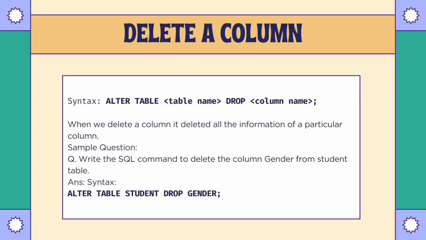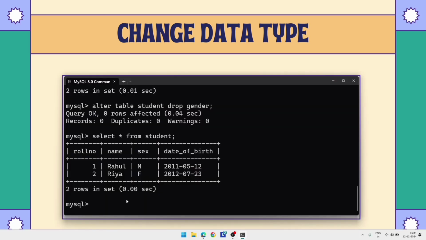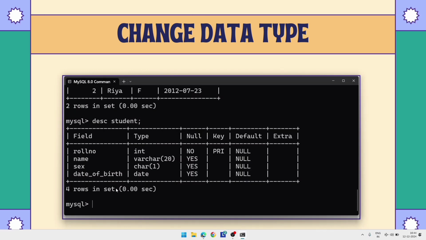Now let's go to the next topic, changing the data type. If we describe the table, in the sex column the data type is given as char. Now suppose we don't require char, we need varchar with size 10. So how can we change it? For changing the data type or the size, we are going to use the modify command, so we will use alter table student,